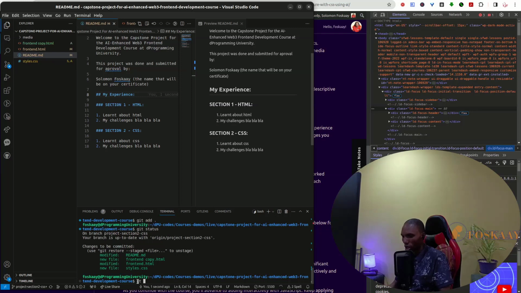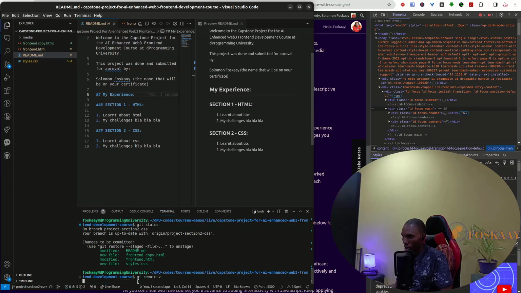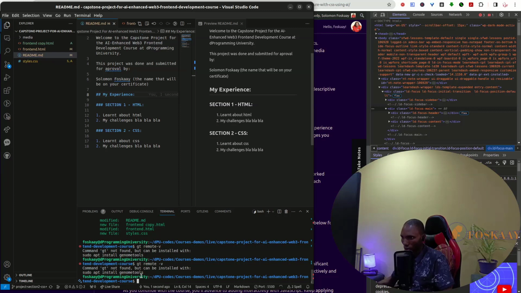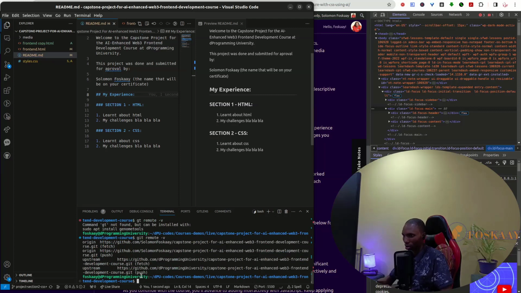Remember, if we do git remote -v, we will know if we are connected to the git. So we are connected to this. So now we need to git status,